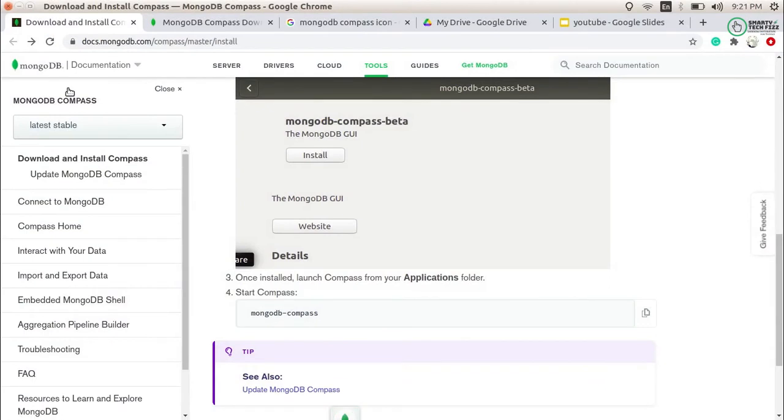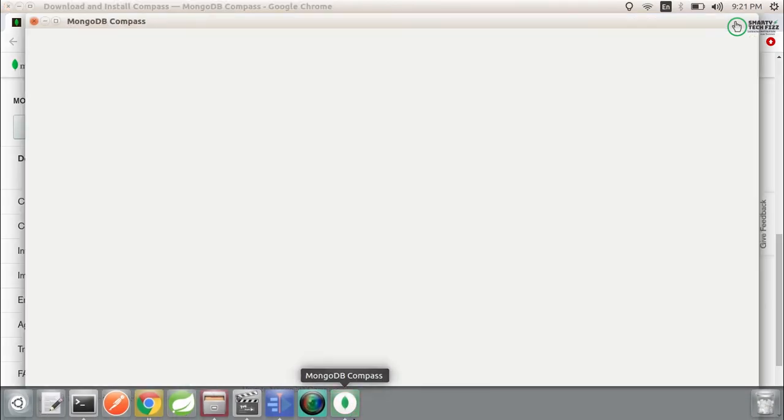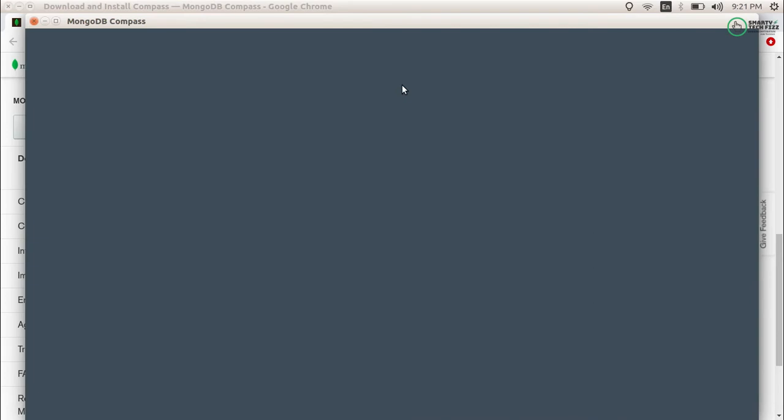That means you have installed MongoDB Compass successfully, and after clicking on it, it just starts running. It should start now.